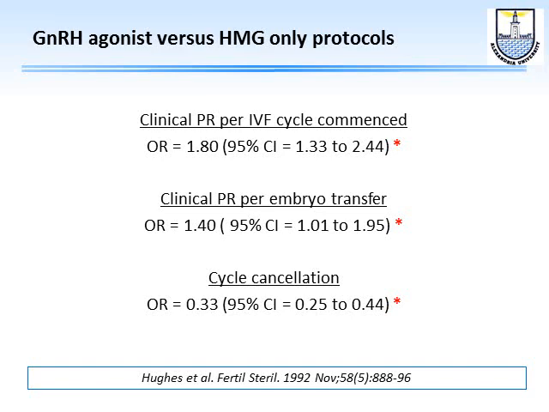And what happened at that time, people started to use the long protocol, and Hughes in 1992 produced this meta-analysis. He said that this long protocol seems to be much better than the HMG only protocol. In this meta-analysis published in Fertility and Sterility, in 1992, he showed that the clinical pregnancy rate per IVF cycle commenced was better, the clinical pregnancy rate per embryo transfer was better and cycle cancellation was diminished. However,